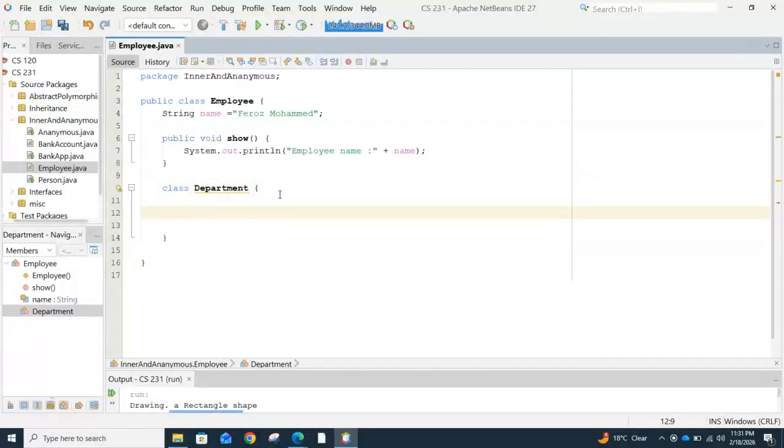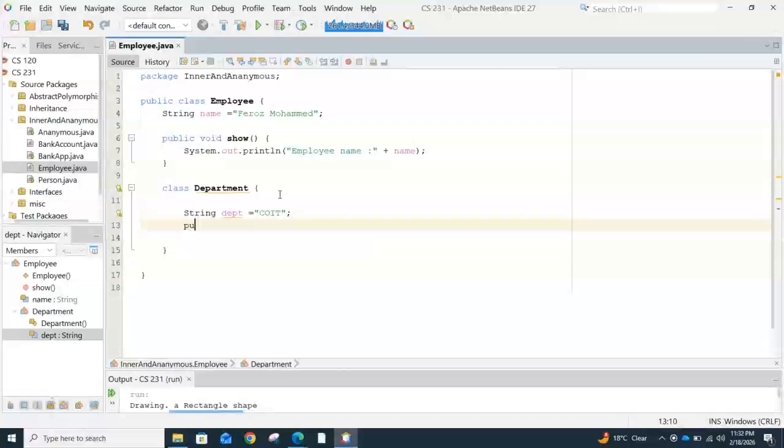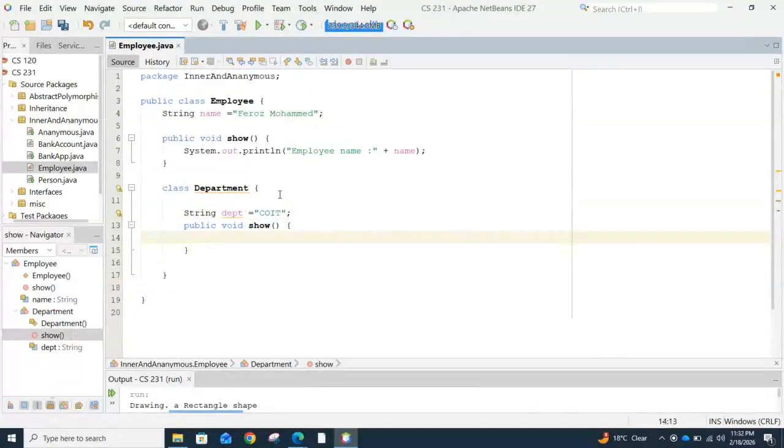Now this has a public, assume it has some variable here, as you said, String department. So I can say department COID. So it has its own variable, and public void, I can say anything of what he will get here in the department. Any method, something you want to display or show. Let's see with the same thing. Public